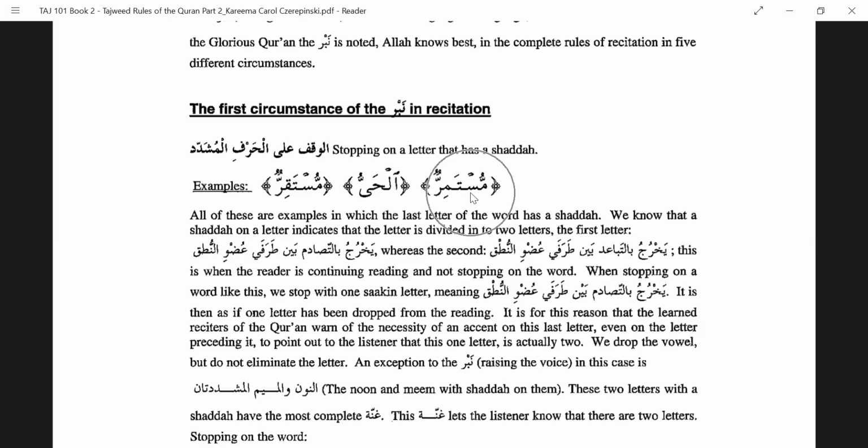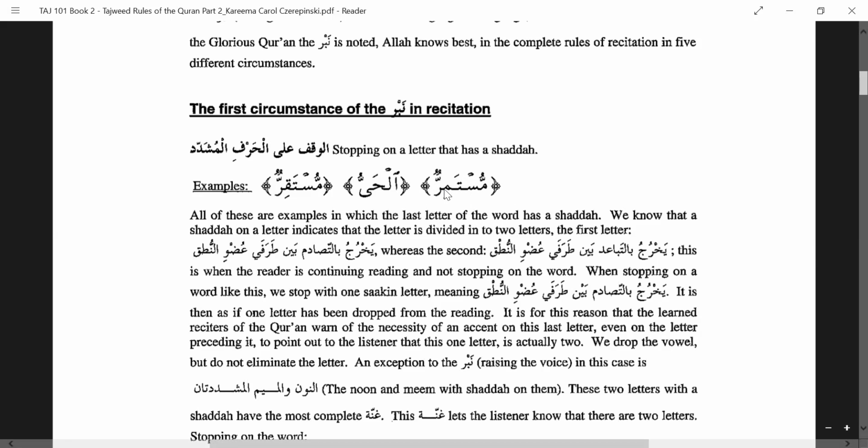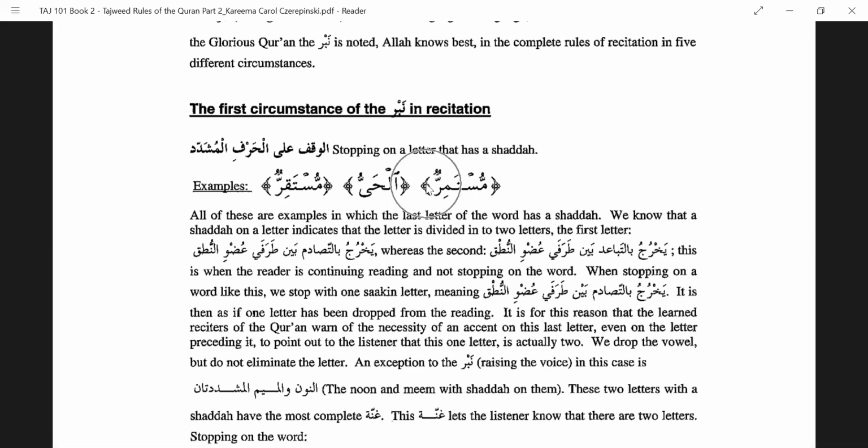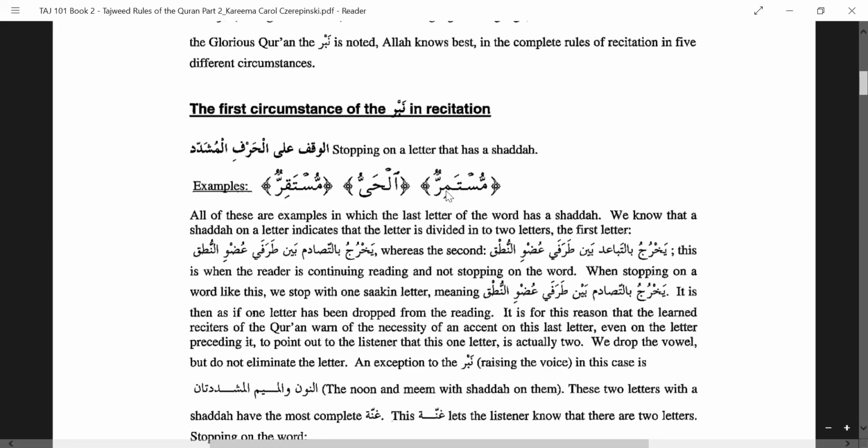Now what happens is when you say mustamir, it sounds as though it is just a meem and a raa, one meem and one raa. Mustamir. But what do you actually have? You have a shadda here. Shadda means two. Shadda means strength. And always two has more strength than one. So two alphabets are stronger than one alphabet. Here you have two alphabets. The first alphabet in a shadda is with a sukoon. The second alphabet is with whatever haraka is there. So in this case, mustamirun, one is mustamir, the raa with a sukoon, and then you have the raa with tanween dhamma, which is run. Mustamir run. So you have two raa.